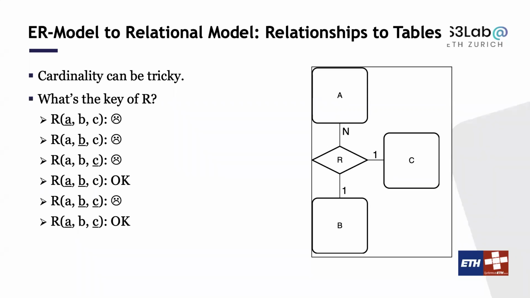Can we do this? Yeah, you can still do this. You can set A and C as a key. From the ER diagram, you can see if I know the value of A and C, I know the value of B. So I could have A and C as a key. You can either set A and B as a key or A and C as a key. Whatever database instance you are allowing in your ER diagram, you are also allowing here, which is fine. The caveat is that